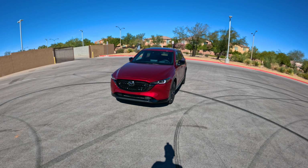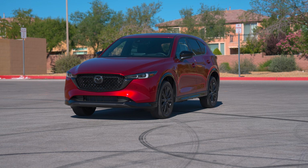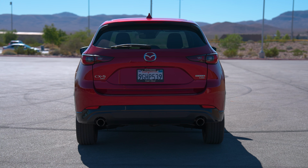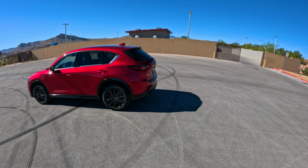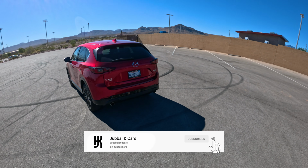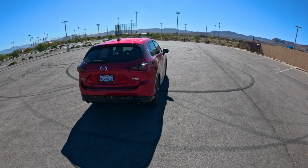Ladies and gentlemen, today we're reviewing a 2024 Mazda CX-5 Turbo Premium, and I've had the pleasure of living with this car for the last week. I'm gonna tell you what I like and what I don't like, and whether or not I recommend that you buy this vehicle. Starting with the exterior styling, in a sea of bland, anonymous, and boring compact CUVs, I think